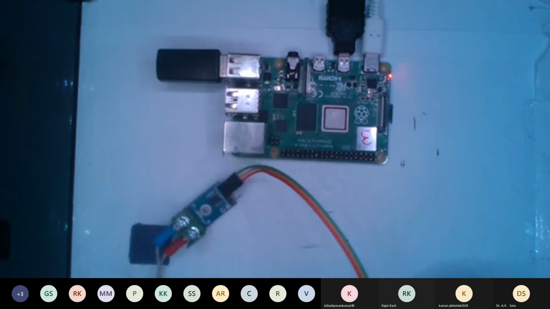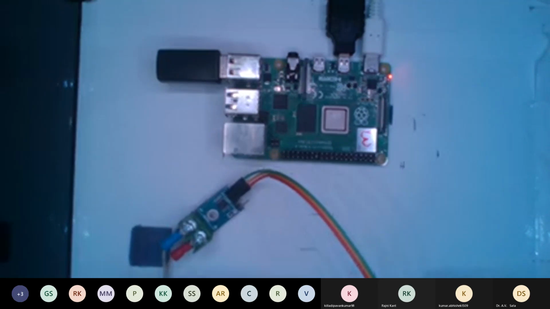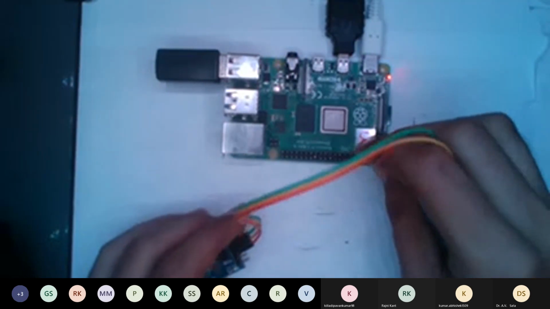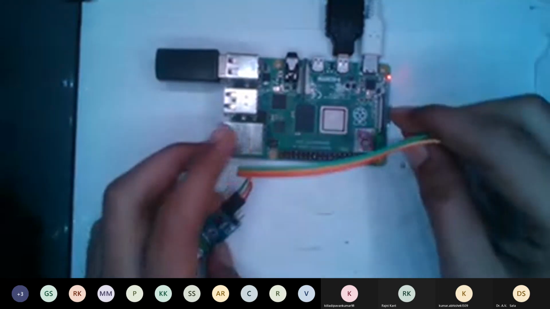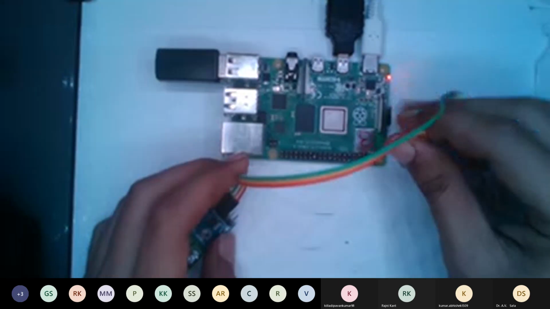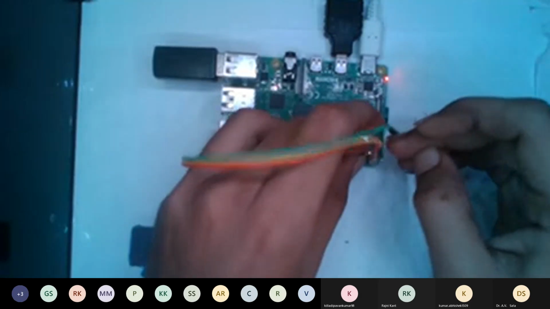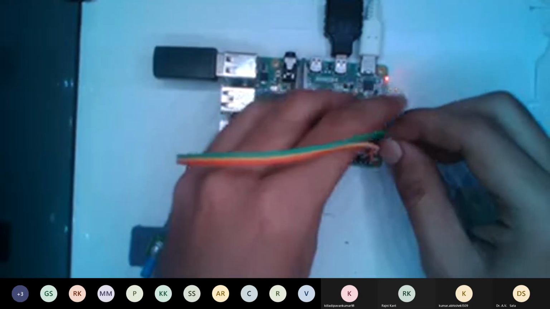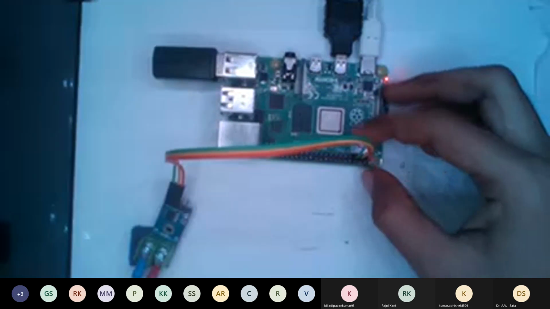As we have defined, CLK is pin number 2, connecting it with the orange one, second one, third one, sorry. And green is DO, pin number 4.